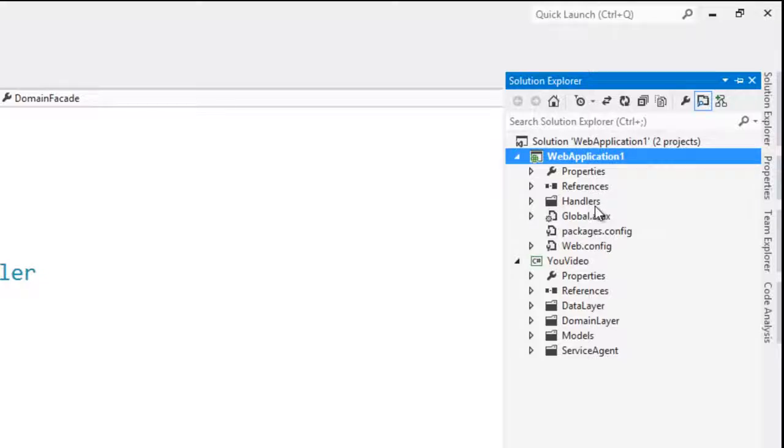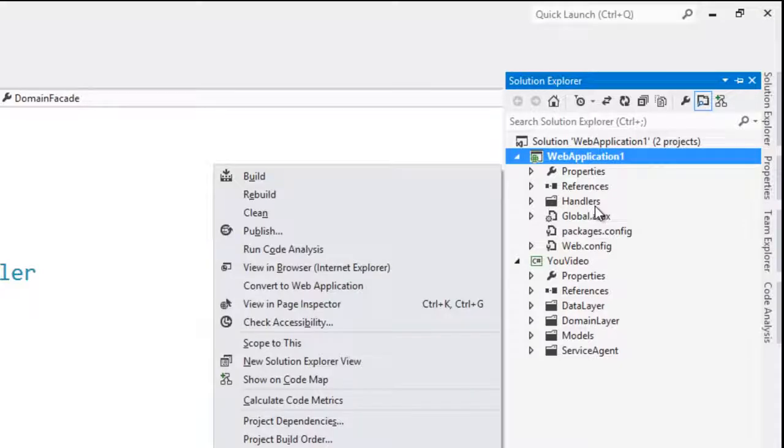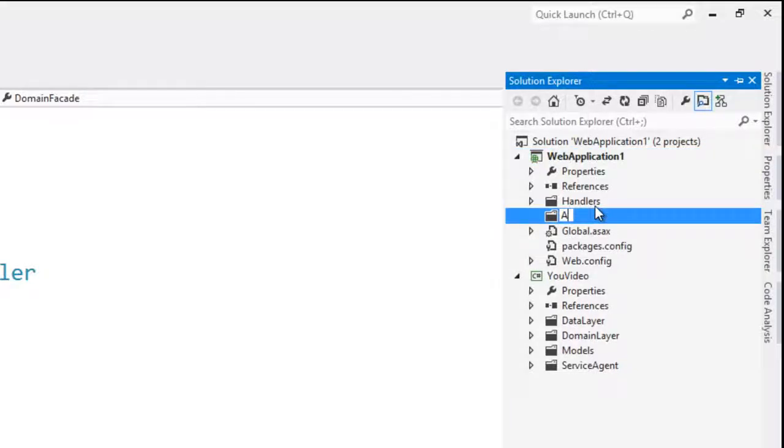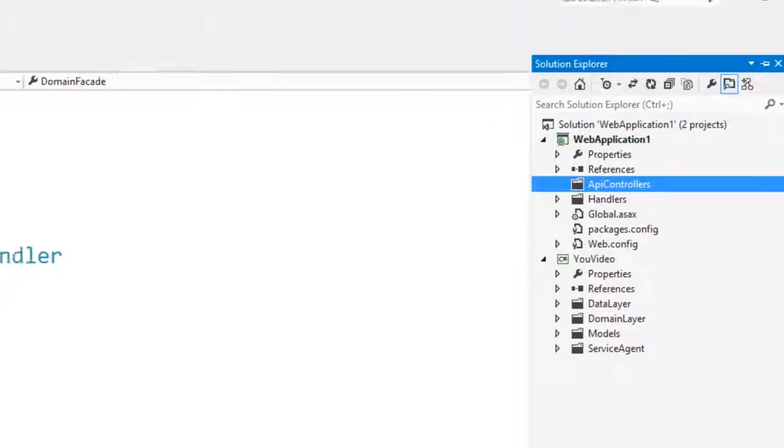We're now going to do this with the web API framework, but also by hand. So I'm going to add a new folder, and let's call this API controllers, and in here I'm going to add a new